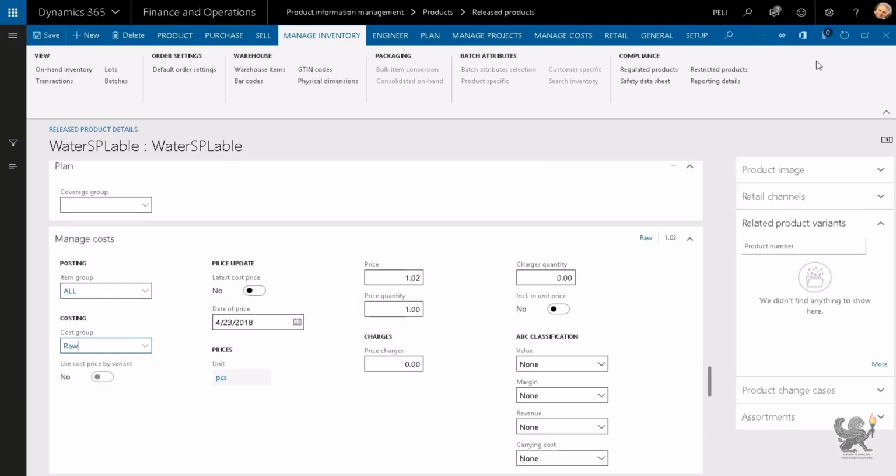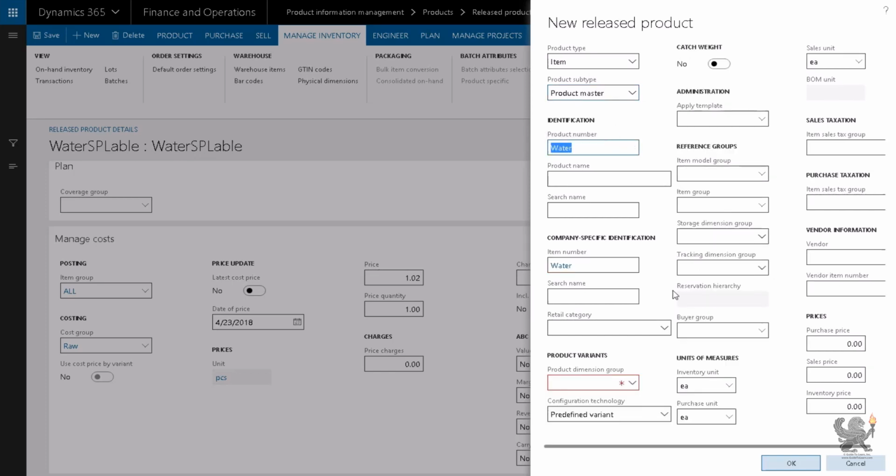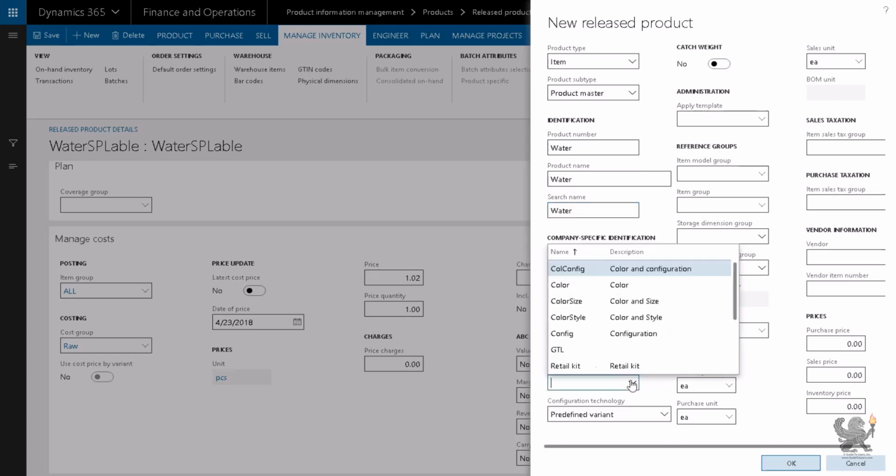Now, the time comes that you need to create the final good. First of all, you could have a service as a product too, as we discussed in the previous session. On the item, you have a subtype called product master. So I call it water. As soon as it is a product master, then you need to have indeed a product dimension group. So I call this water, and indeed here I need to specify the product dimension group that at least has